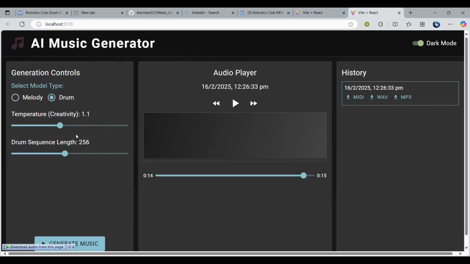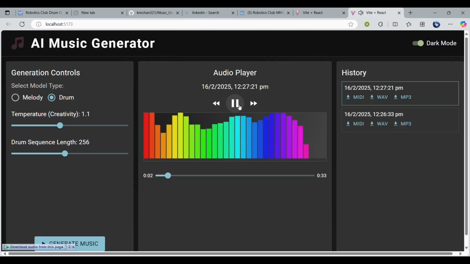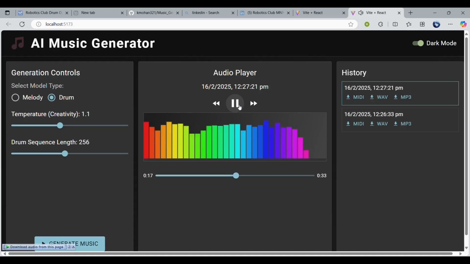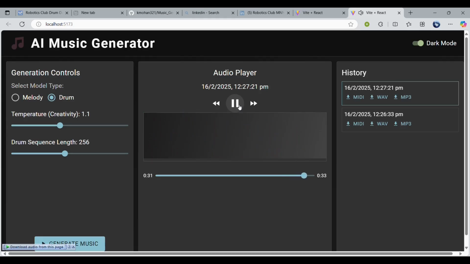All right, then let's have a look at the drum dataset. Let's download it in a WAV format.